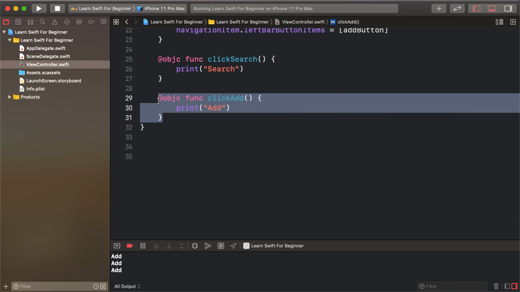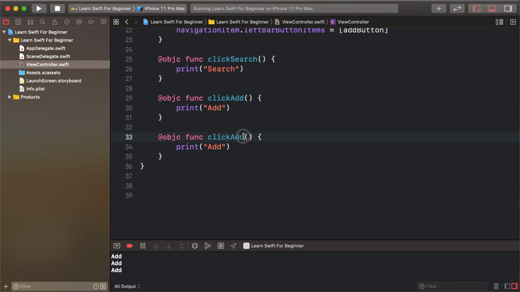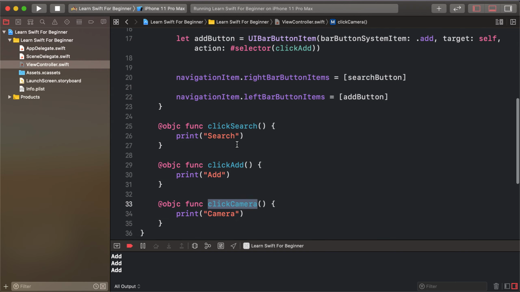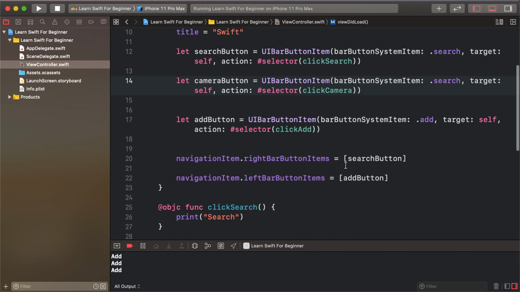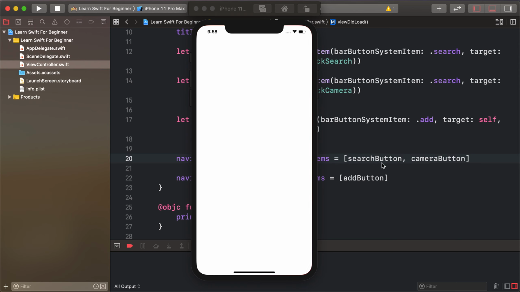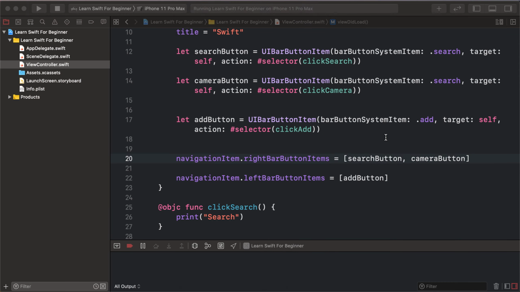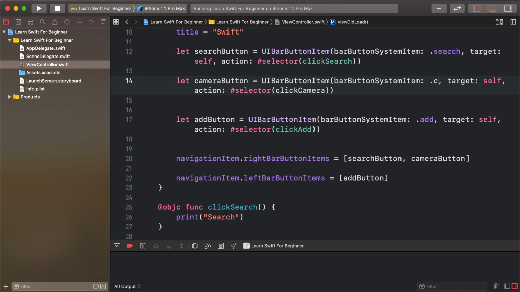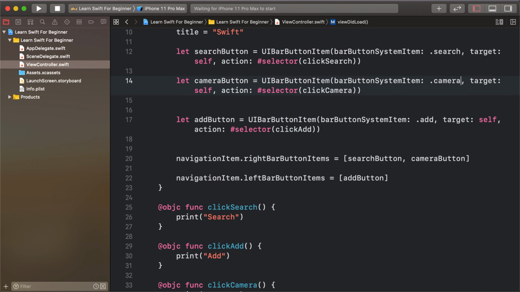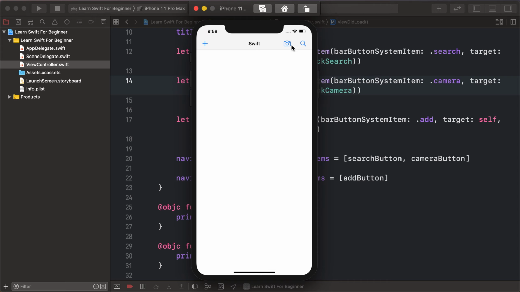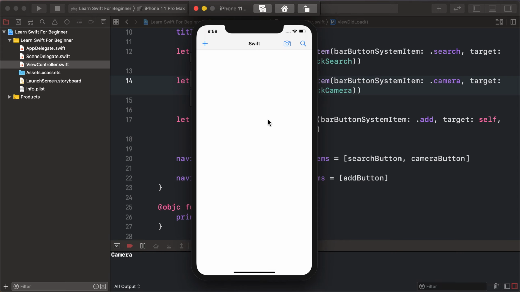and click and copy camera, and add this, and append the new element camera button. So as per order, to change position, sorry, the icon is changed to camera. So this adds camera. Click to print camera